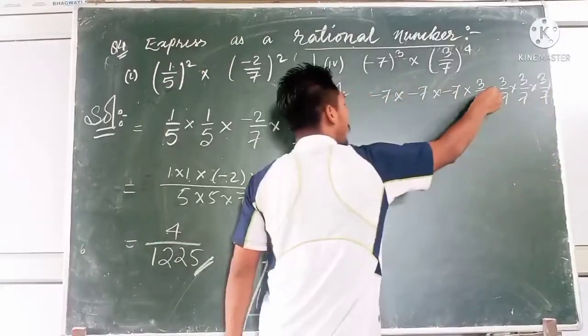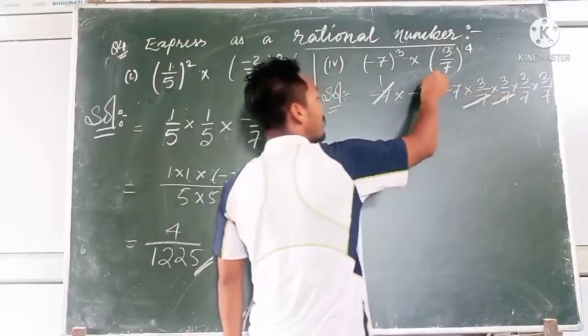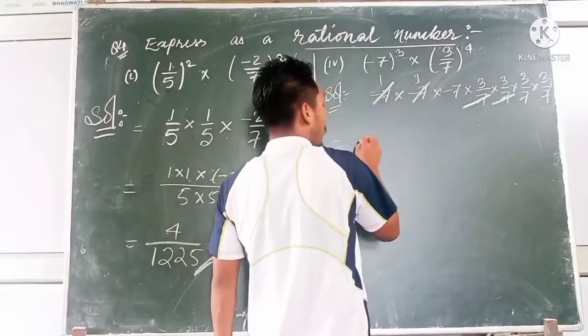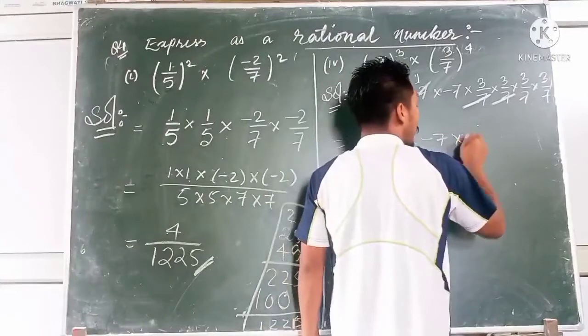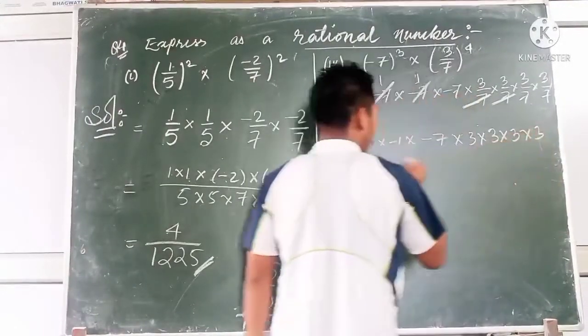Here you see 7 ones are 7, 7 ones are 7, 7 ones are 7, 7 ones are 7. So our answer becomes minus 1 into minus 1 into minus 7 into 3 into 3 into 3 into 3 divided by,